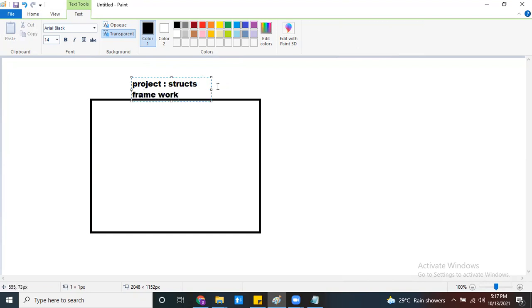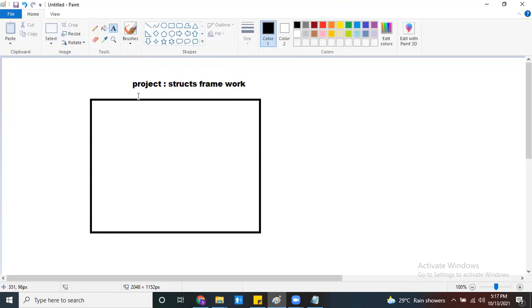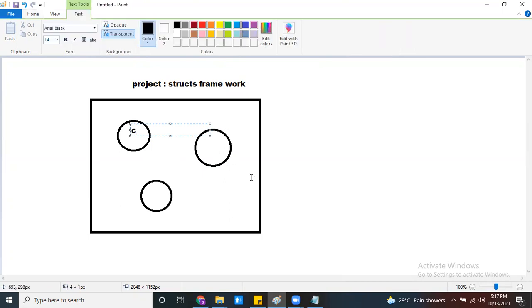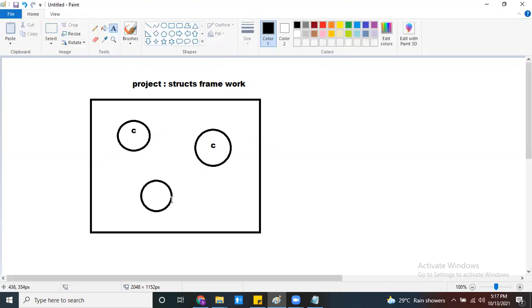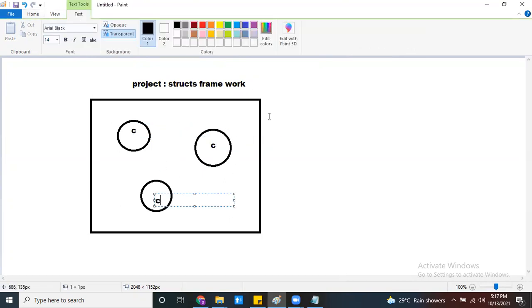Now, as I said before, Struts is an invasive framework. Why is it invasive? I created a Struts application using the Struts framework. Inside this application, multiple resources and multiple classes are there.